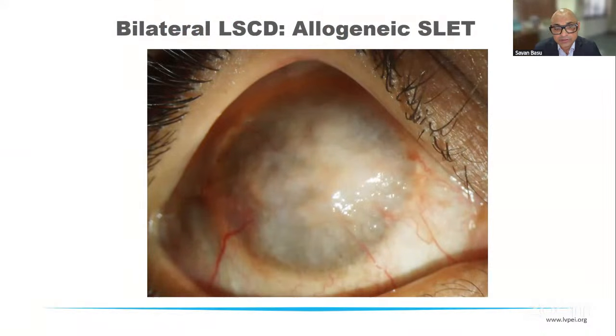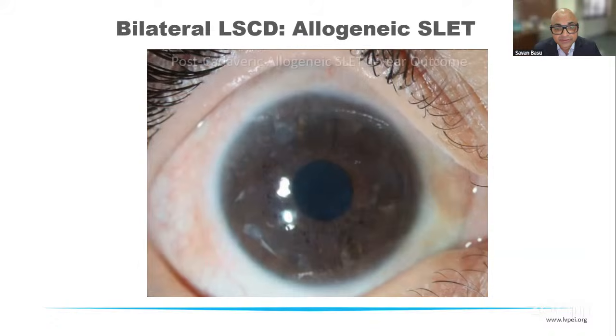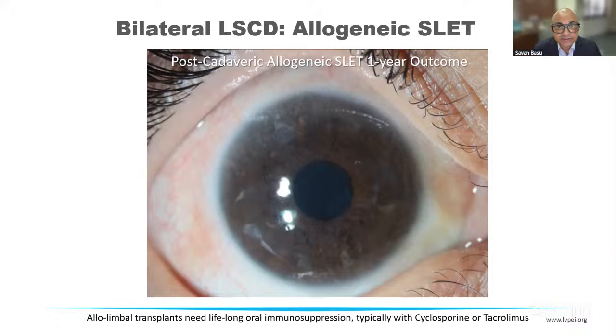If you have bilateral limbal stem cell deficient end-stage corneal disease in cicatrizing conjunctivitis, in this case because of chronic AKC, atopic keratoconjunctivitis, then you can do bilateral limbal stem cell transplantation. Here we did an allogenic cadaveric limbal stem cell transplant using SLET. But you have to remember that you can achieve such wonderful outcomes and good vision. This patient is 20/25 with scleral contact lenses, but these patients need to be on lifelong immunosuppression, typically either with